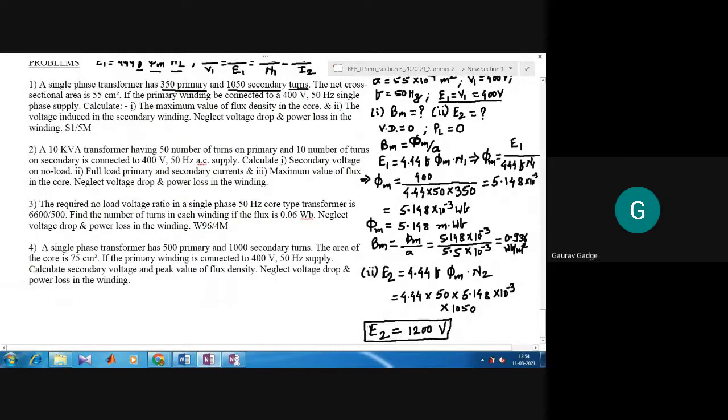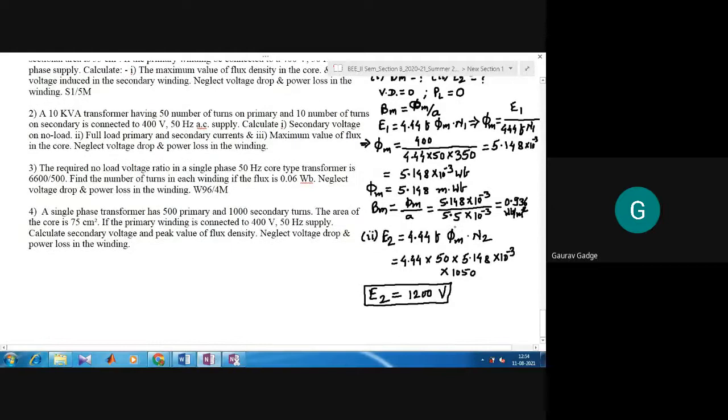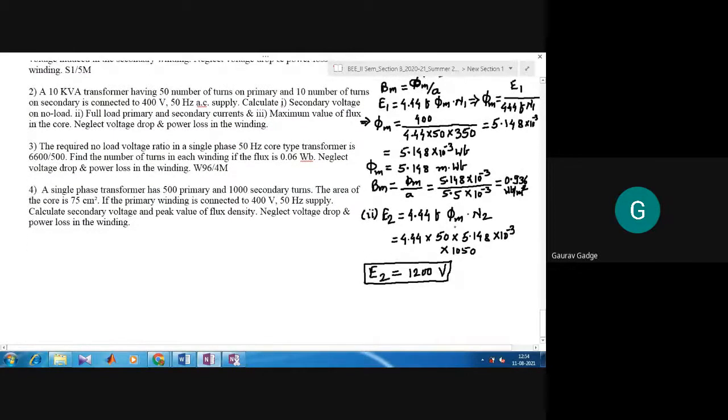Okay. Now, is there any question related to this? It's 12:55. Do you have any question related to this? Okay. Now, other numericals, if you just check, are of the same kind. All the numericals are of the same kind, same pattern.